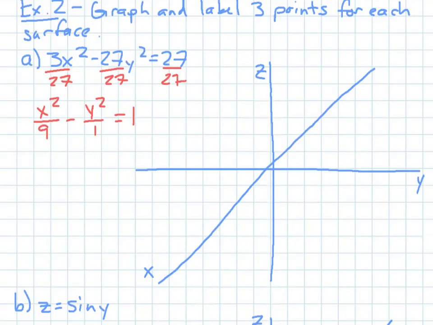Okay, so if x is squared over 9, so then your a value is going to be 3, and then that means your b value is 1 here. So then I'll go out 3 on my x-axis, and then 1 on my y-axis in both directions. Okay, so then now